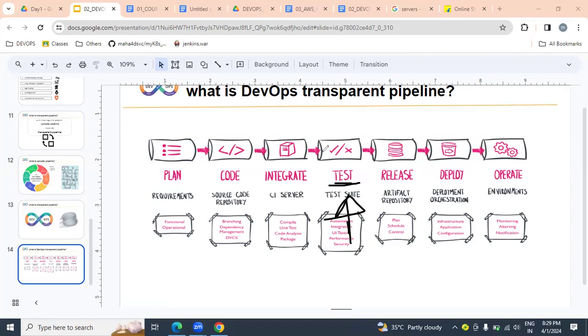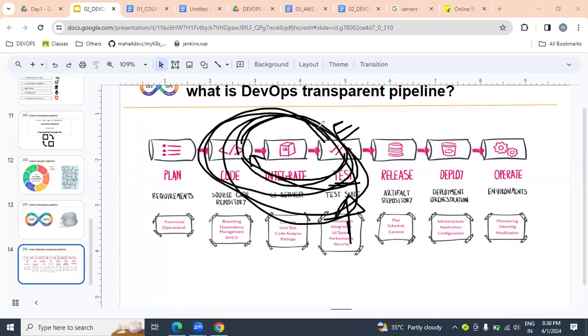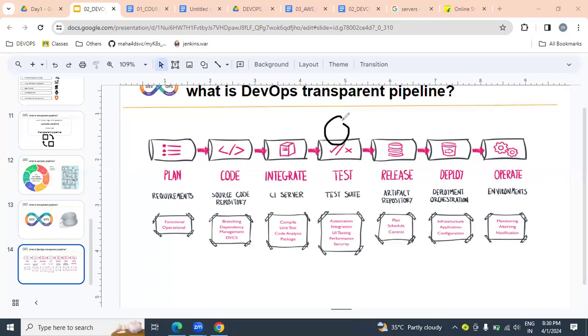If we get an error, it is automatically redirected back to the developer, and the developer has to fix the issue. Again integration, again execute the test cases. If we get an error, again it goes to the developer, fix the error, integrate, and execute. This loop repeats continuously until zero errors.